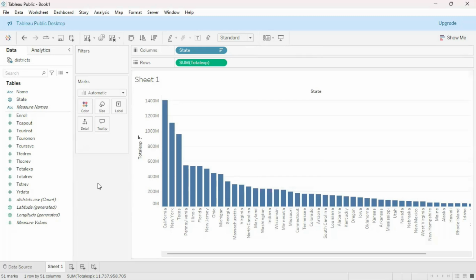This is how you can hide the Pages shelf for a data visualization that you create in Tableau Public Desktop